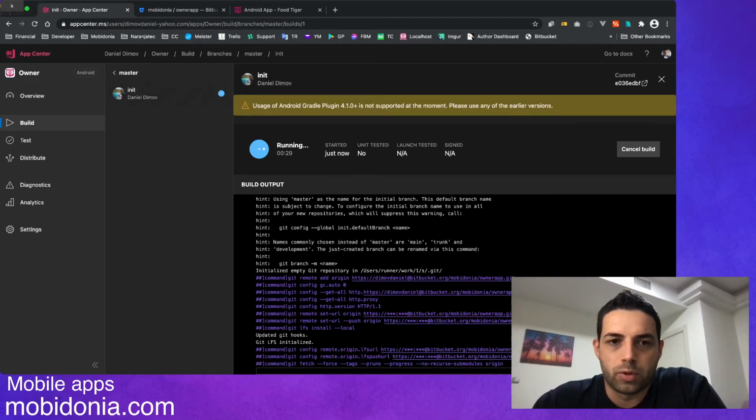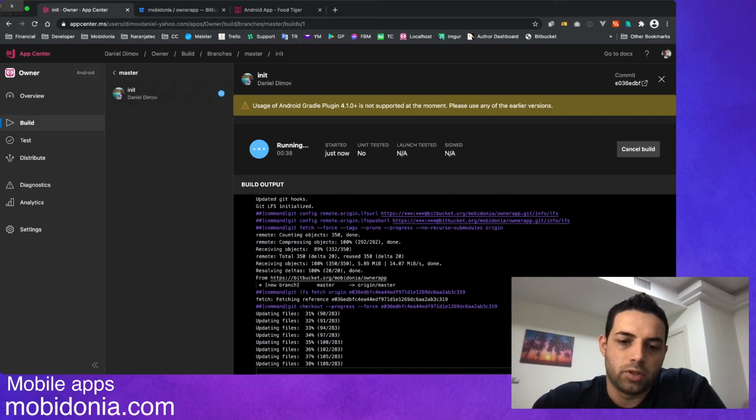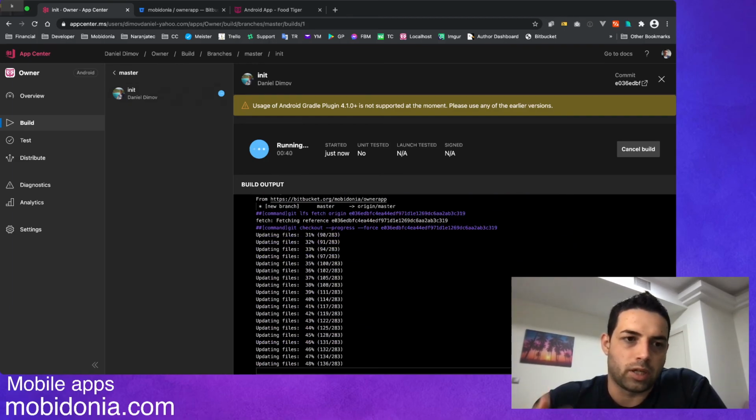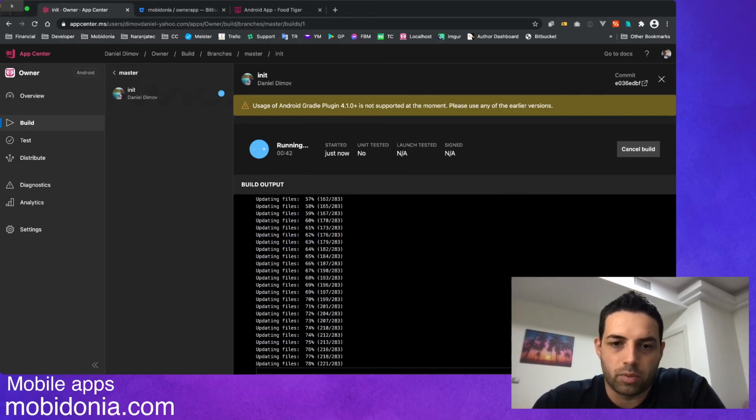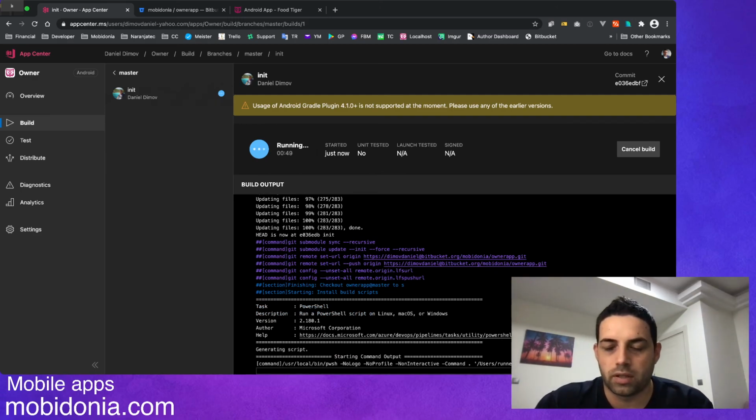And the way we produce our updates for the mobile apps is that we will let you know which files have been changed, so you can download those files, put them in your own repository, commit the code, and AppCenter should automatically build your APK. So after, as I said, 15 to 20 minutes, I will get an